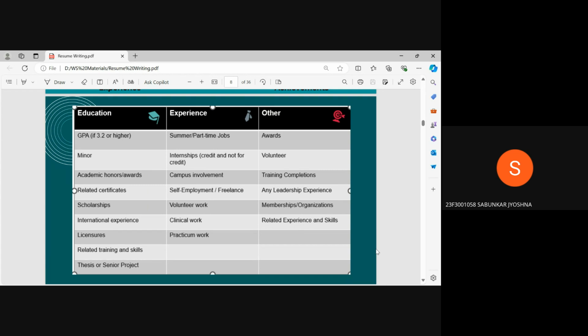Yes, ma'am. Okay. Now, leadership experience, that is also a very vague phrase. What do you mean by leadership experience? Sometimes, when you're applying for certain scholarships, for instance, I'm just giving you an example. Scholarships, as you know, are very exclusive.